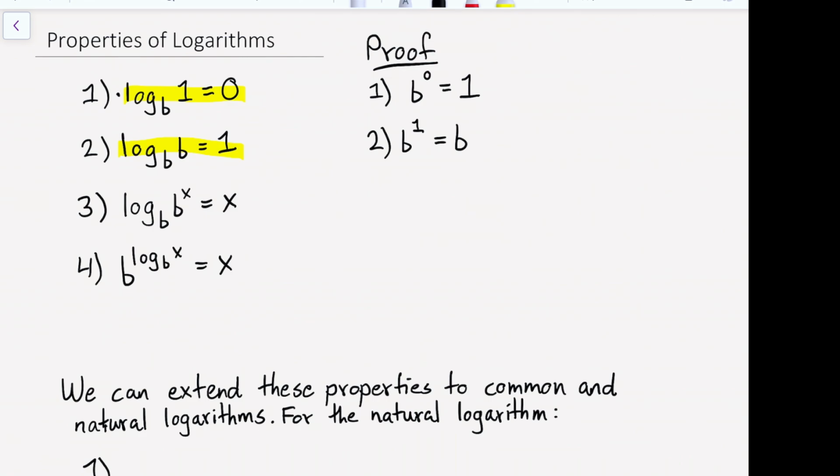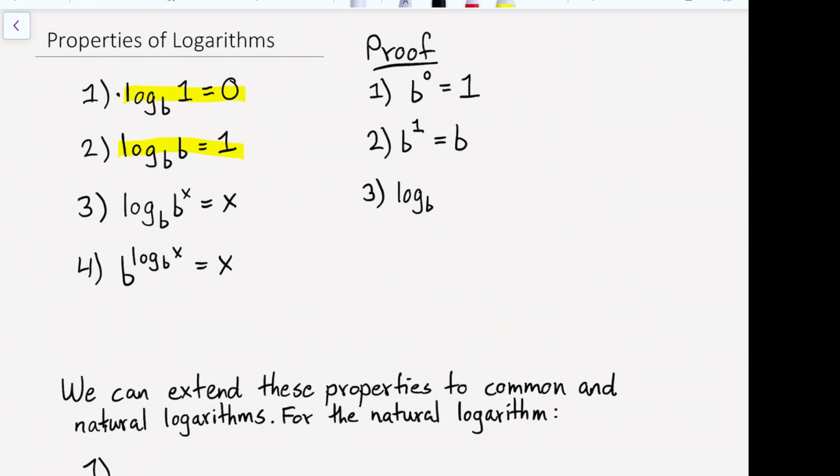The third and the fourth property here are known as inverse properties. Remember that a logarithm and an exponential function are inverses of each other. And that should mean that a logarithmic function composed with an exponential function always equals the identity, because we know from earlier observation an inverse composed with its original function is equal to the identity. I also want to show some reason why these are true though, some proof of these for number 3 and